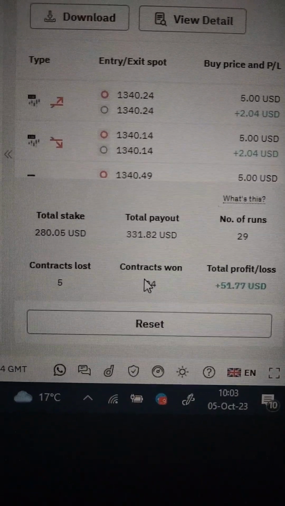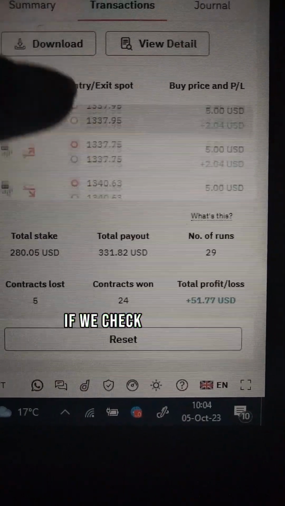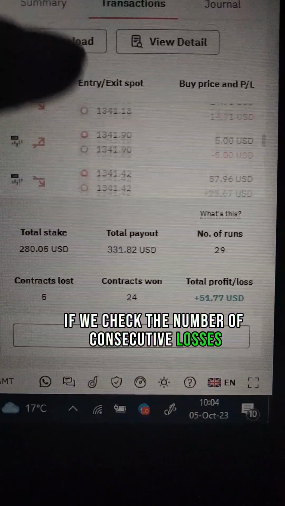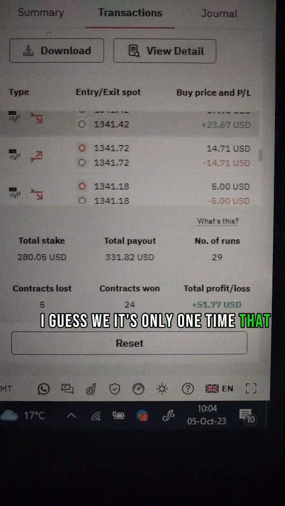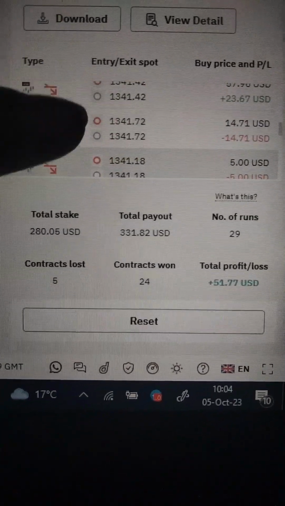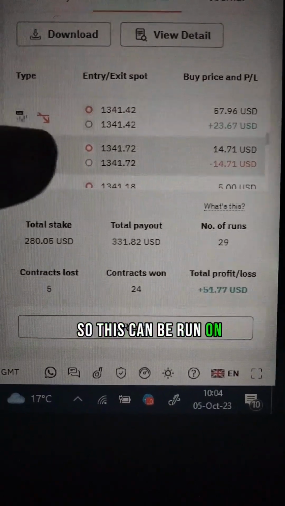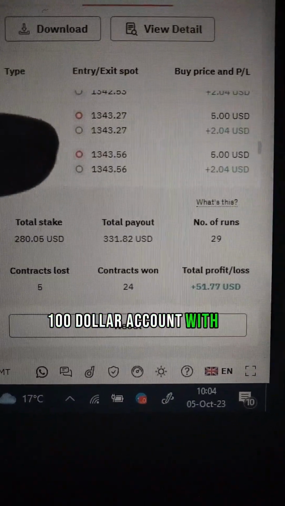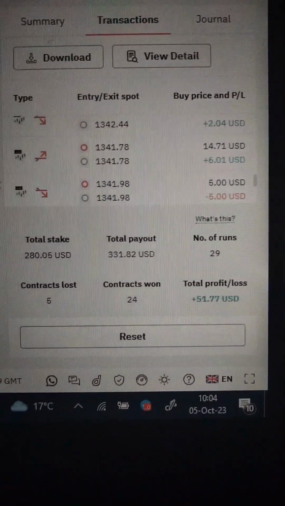And if we check the number of consecutive losses, I guess it's only one time that we had double losses. Let me see how much it purchased. That was 57. So this can be run on a $100 account with stake 5, or you can stake lower,